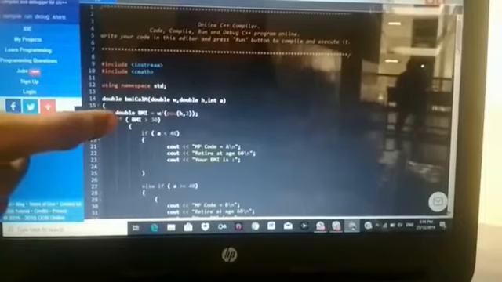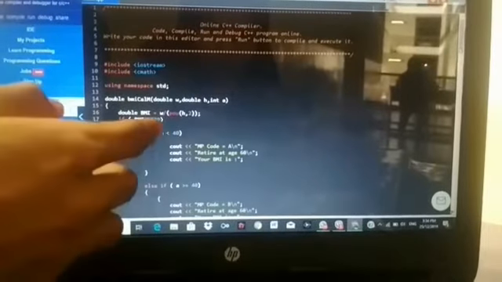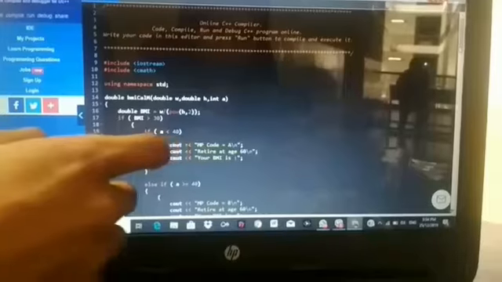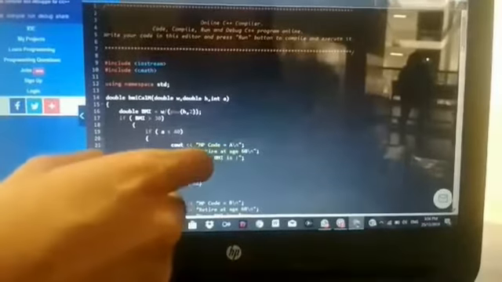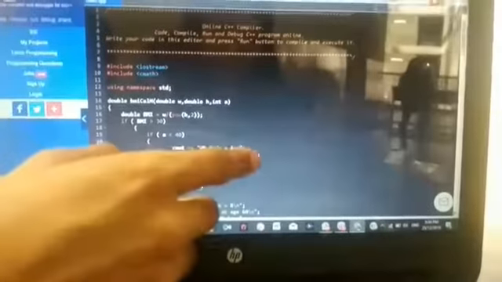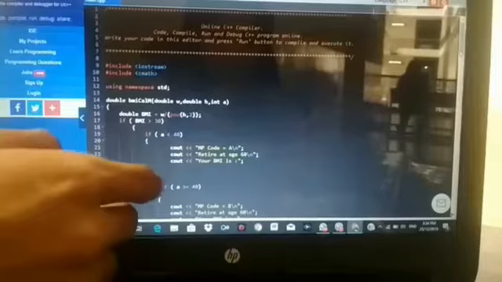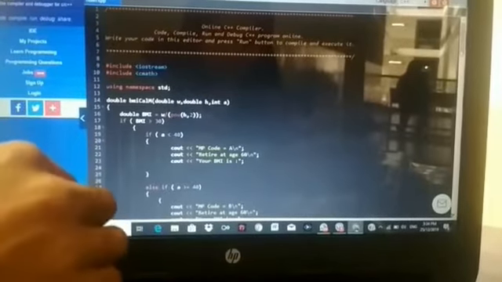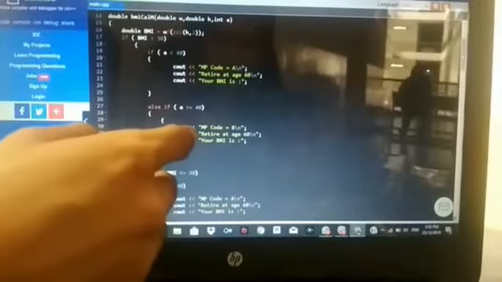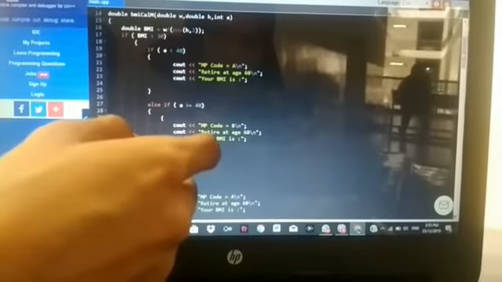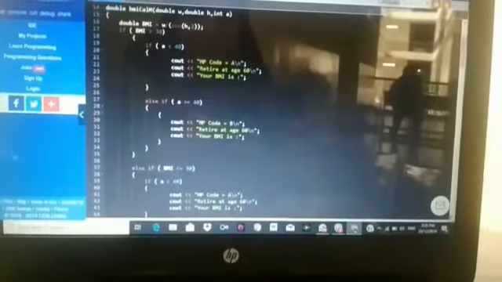If their BMI is greater than 30, then the nested selection happens: if the age is under 40, the code will be A, and the output will be the MP code is A, retire at age 60, and it will display the BMI of that person. The second one is if the age is greater than or equal to 40, the code will be B and retire at the age of 60, and it will display the BMI of that person.